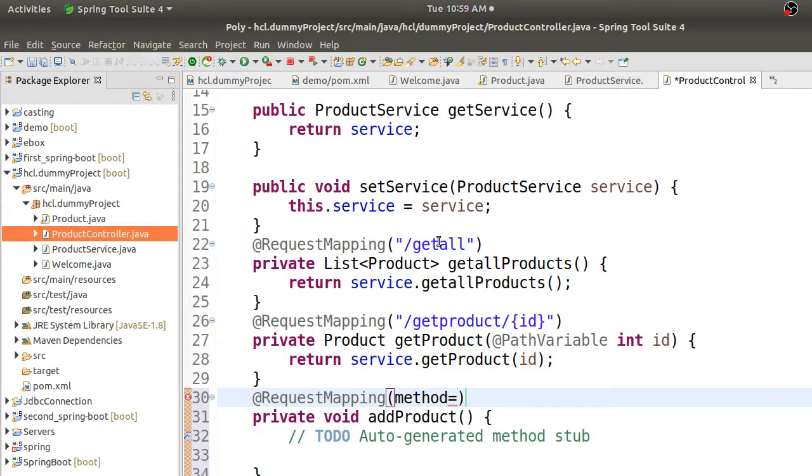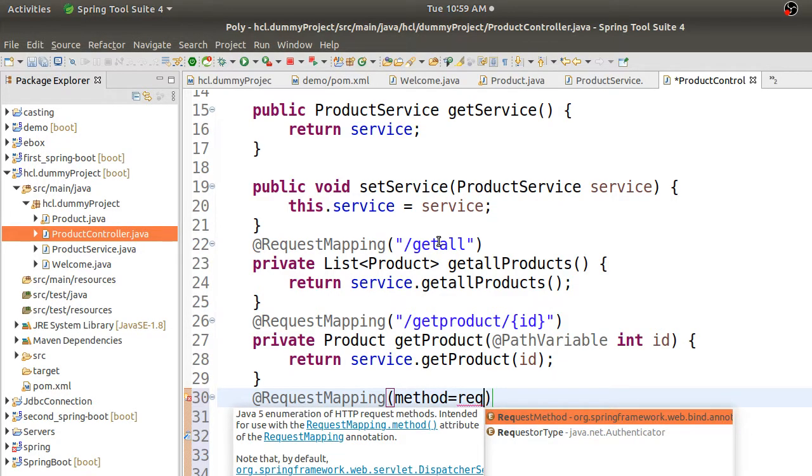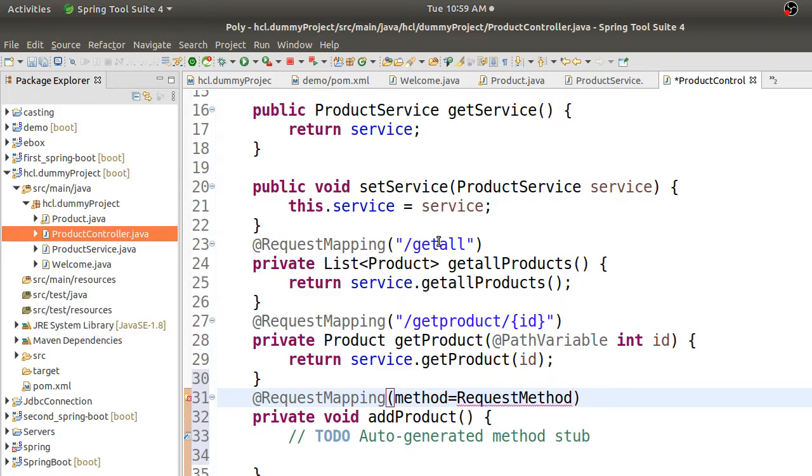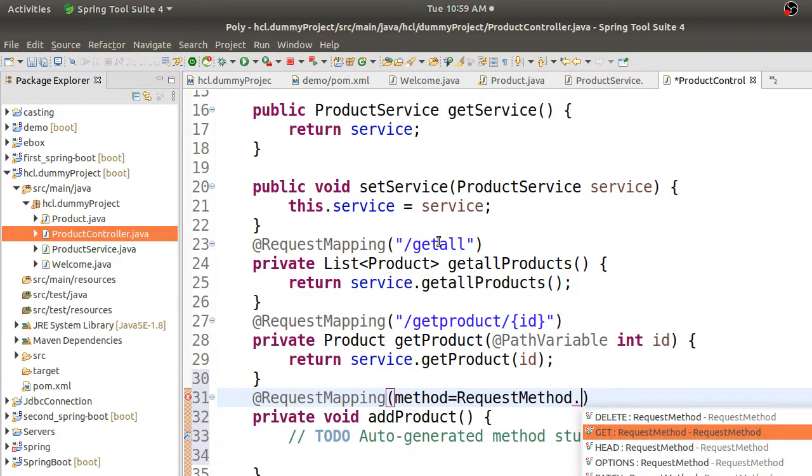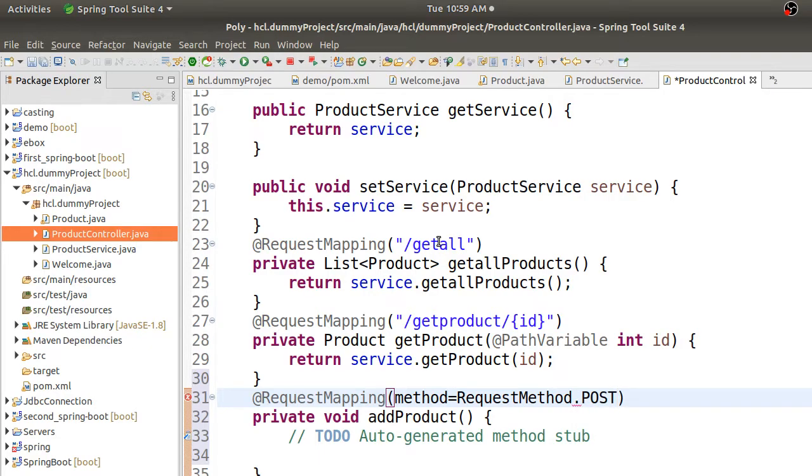Say you want to mention a post request, so you have to use request method dot post. Post is the request which I am doing, and you also have to mention the value because you need this URL to be sent, right?